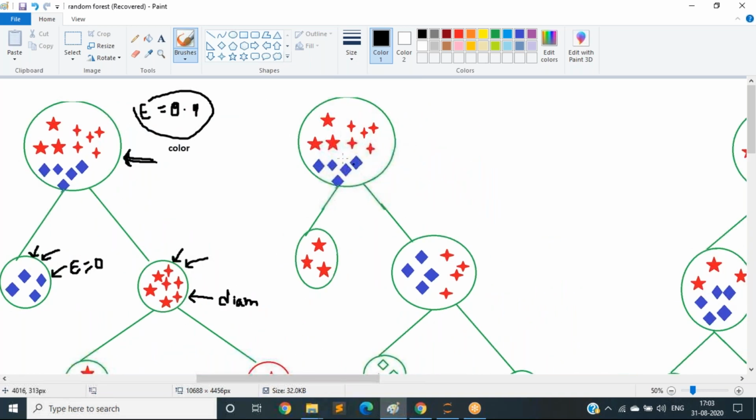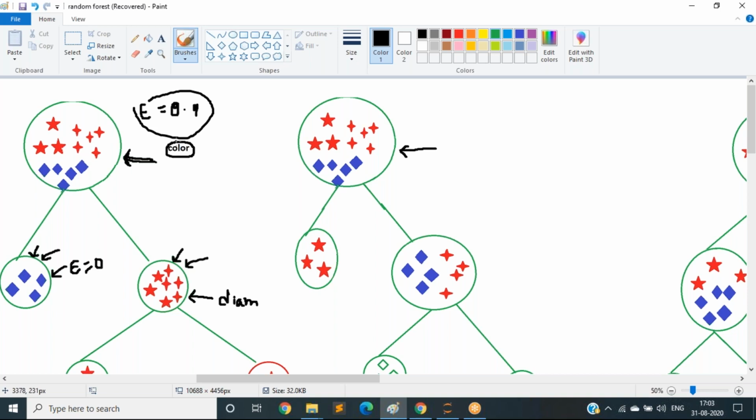See in this diagram, what is the decision that it has taken to split your data? Can you tell that? Here it has split your data based on one attribute, or one decision, called color, by calculating the color attribute.